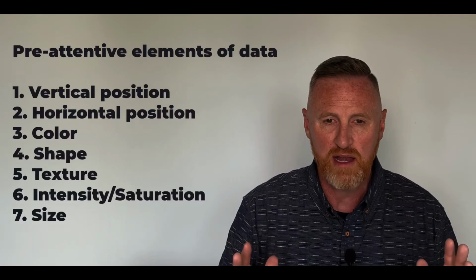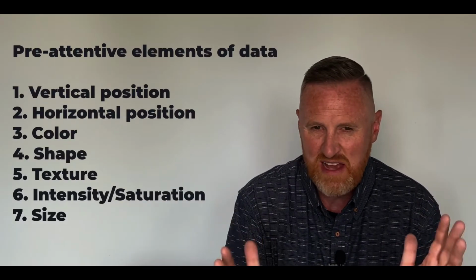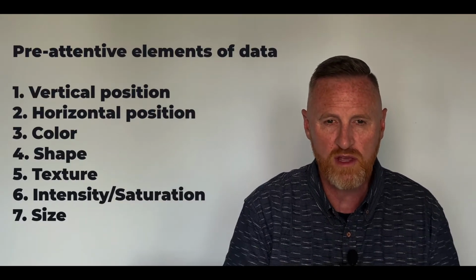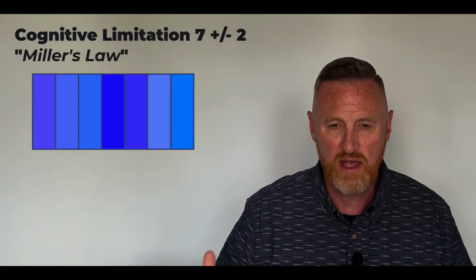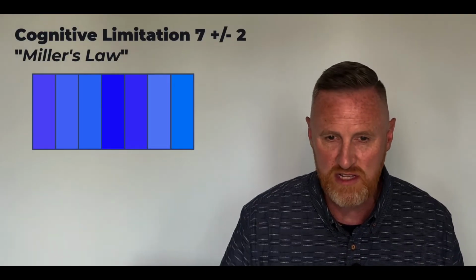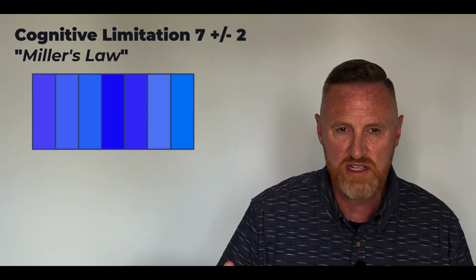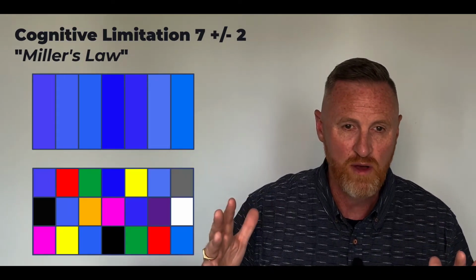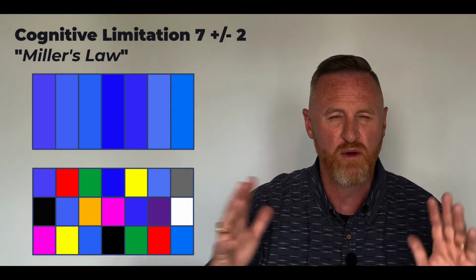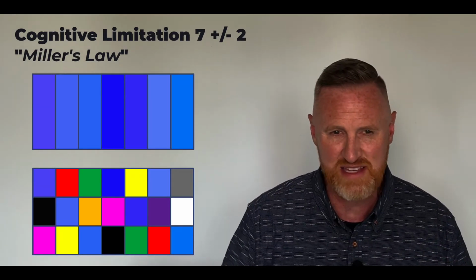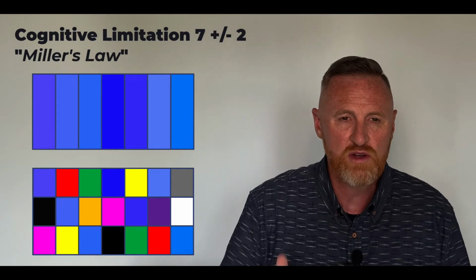You can do other things which allow you to introduce more data elements. But the human mind is able to perceive only about 7 plus or minus 2 items. When you look at color spectrums, we can tell the difference between 7 shades of blue, but when we intermix those 7 shades of blue with a bunch of other colors, our brain has difficulty making sense of those different colors. So it's not clear that if you add more than 7 elements of data, you're even able to cognitively perceive that. And so this idea of just show me something is inherently a lazy approach, and you